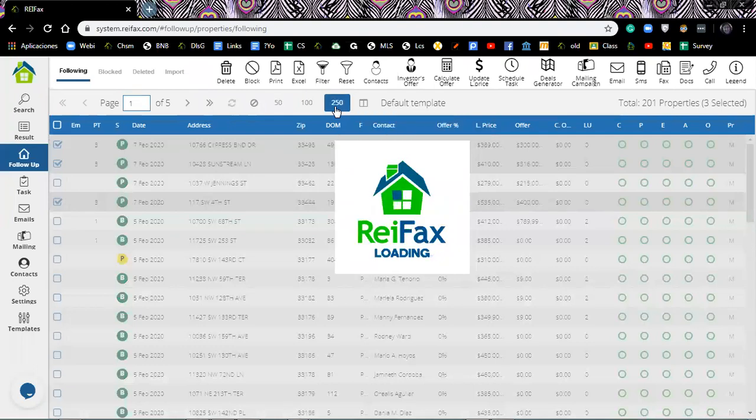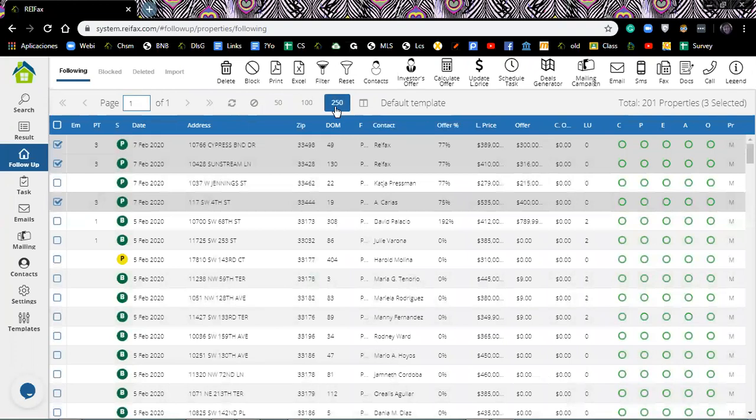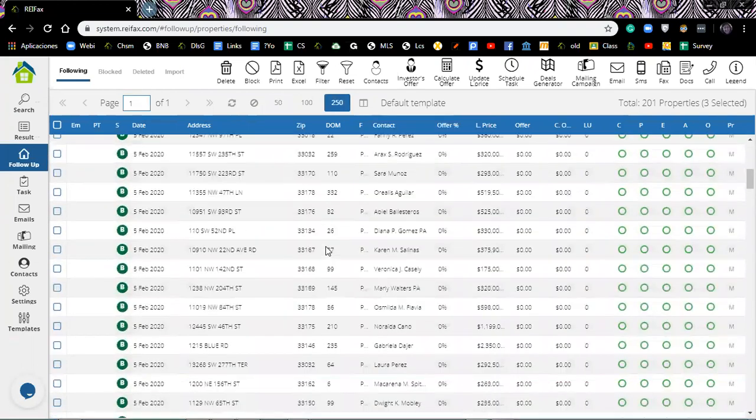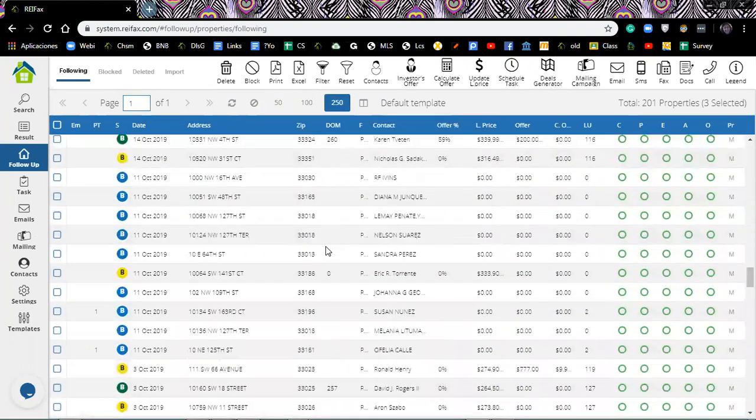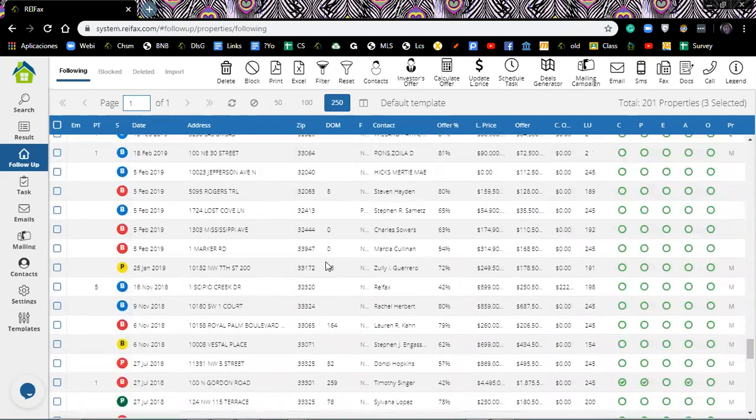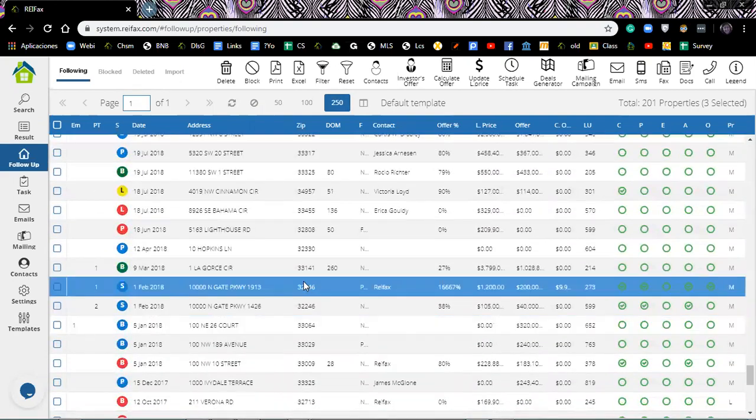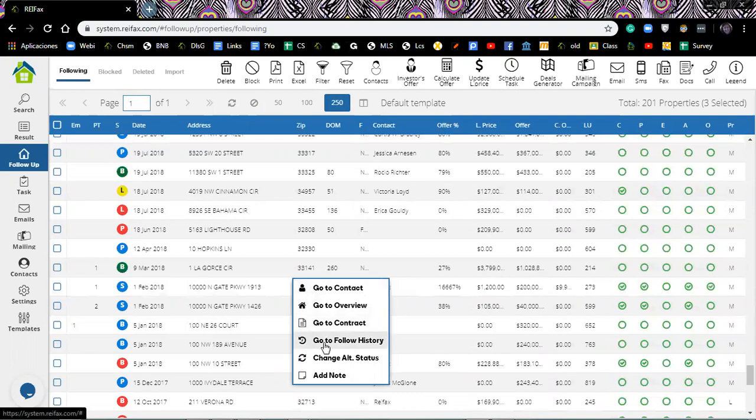The follow history in the system will only save anything that is actually done through the system. So if you receive a call or if you make a call from your phone and talk to the people or receive a fax on your fax machine, the system will not be able to register that in the follow history of your